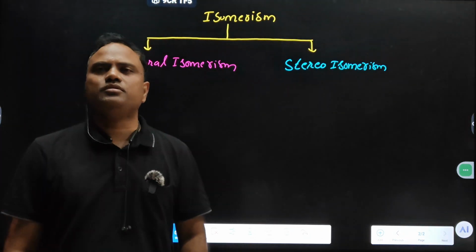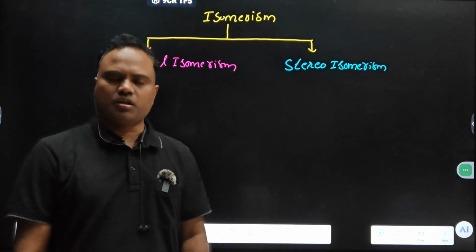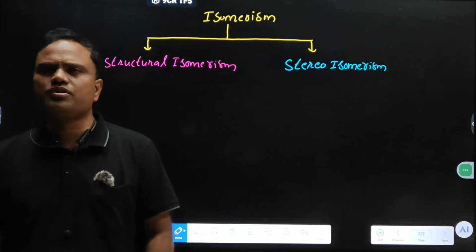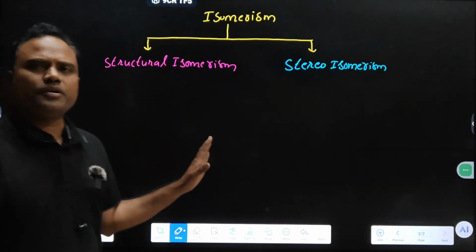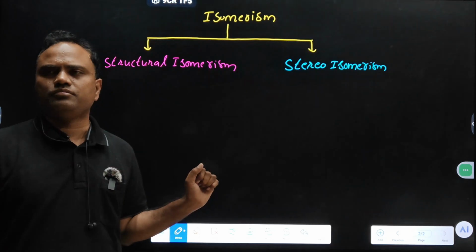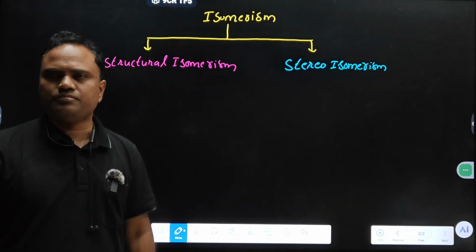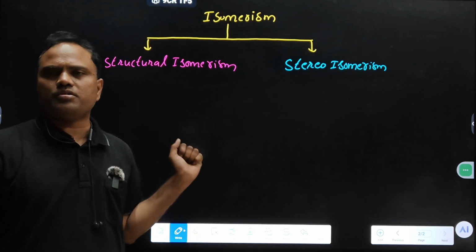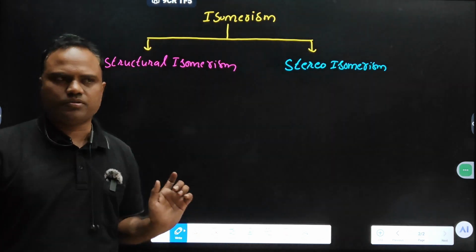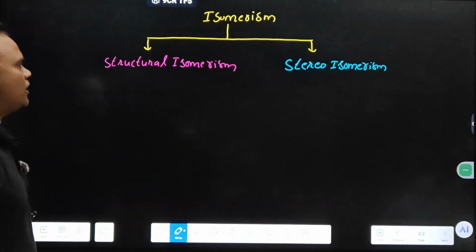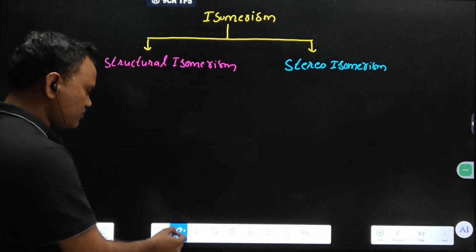In organic chemistry also the classification is the same, structural and stereo, right? In complex compounds also, we started isomerism. Isomerism in complex compounds is classified into two types: structural and stereo. Again, structural is classified into,